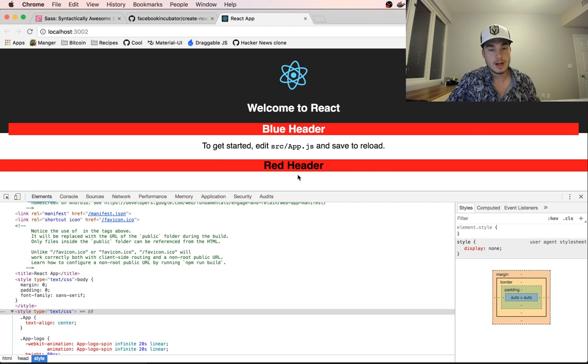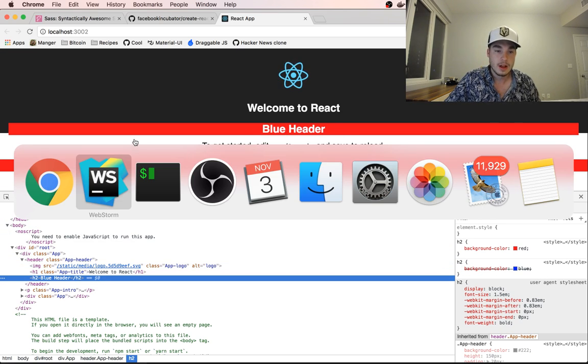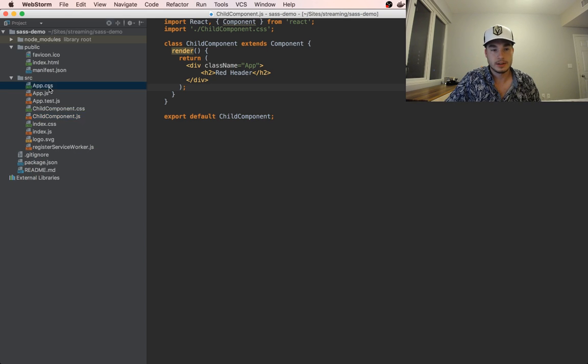Yeah, so our problem here is that the second style sheet that we had of our child component is changing the blue header to a red header because we have that H2 style twice. So the red one, since it's coming later in the HTML in a later style tag, it's clobbering the blue background over here that we set for this header. So what you would do then is you would namespace